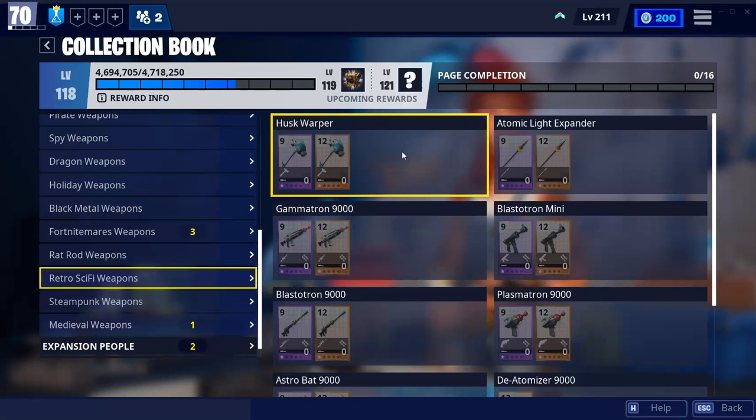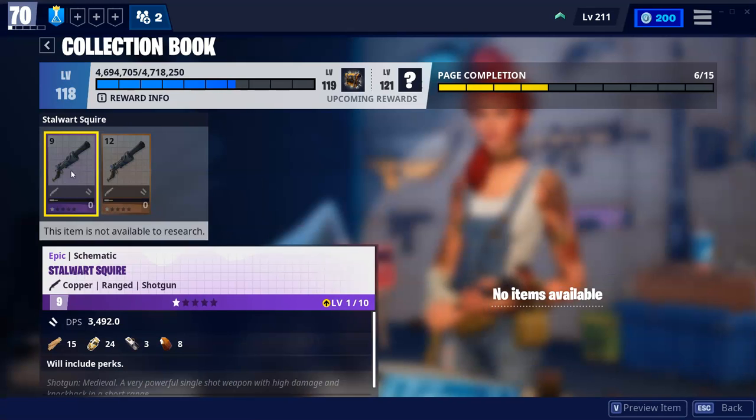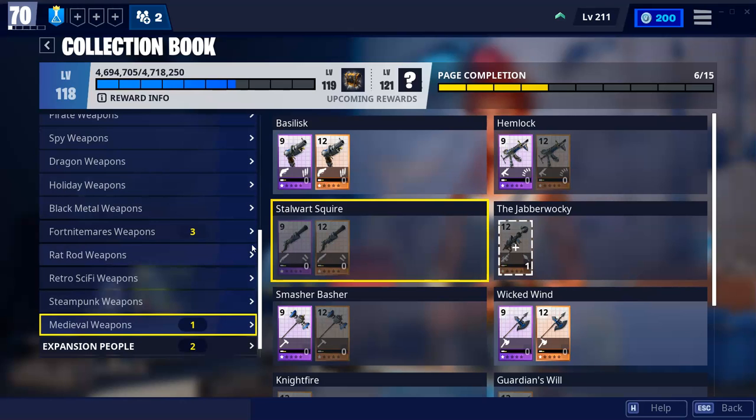SciFi weapons, you can't get that way, but it's a little bit of hit and miss. You can check around. I mean, you can see for some of these, you can only get them through the research voucher. That is, I find, a terrible shotgun, so please don't get that. That is actually one of the worst things you could get, full stop. However,